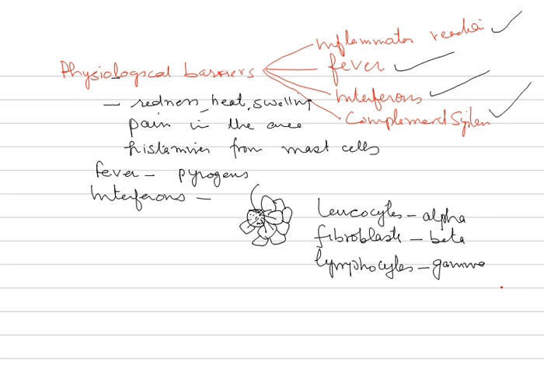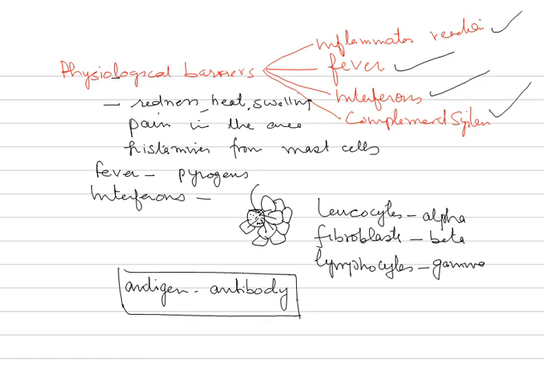Now one, the classical pathway, which is seen in acquired immunity. Acquired immunity becomes active when this pathway becomes active, when we find the antigen antibody complex. So when there is antigen, as we have already studied, the antigen antibody complex is formed when antigen attacks from outside. So once this complex is formed, then we find the first classical pathway comes into play. The second, the alternate pathway, also called the Properdin system.